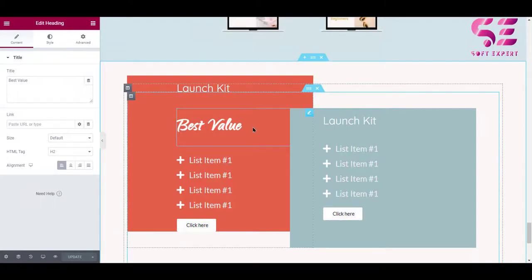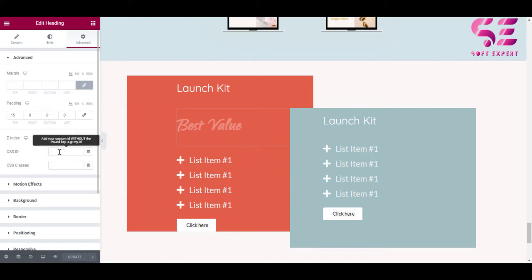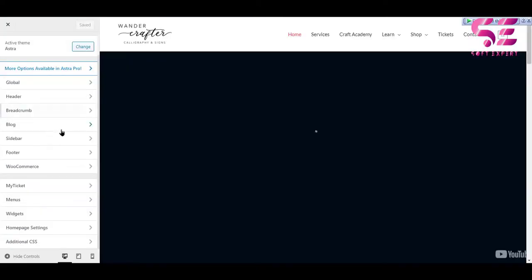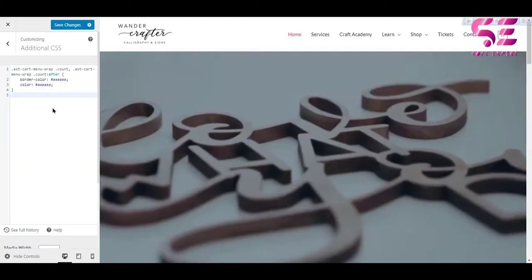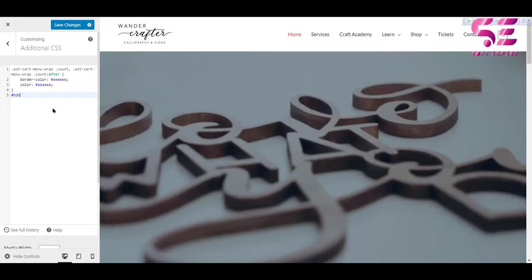Also I forgot to give this an ID, so go to advanced and ID, write something like heading 1. Now update this again, go back to customize, go to additional CSS and now write that ID,